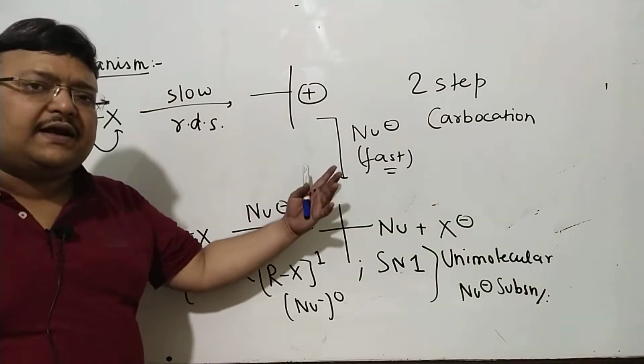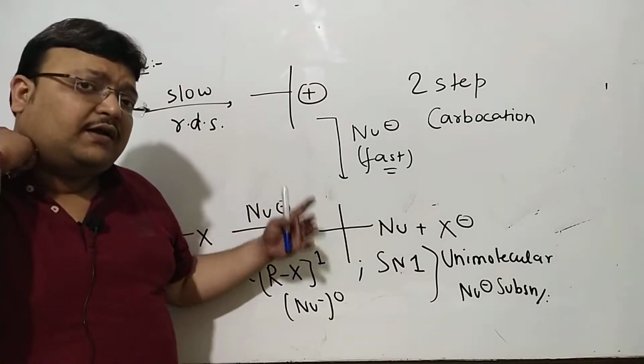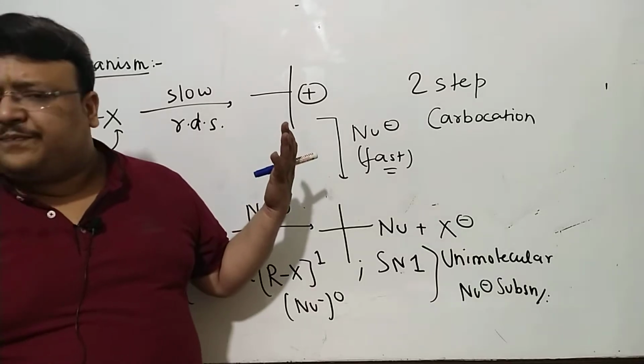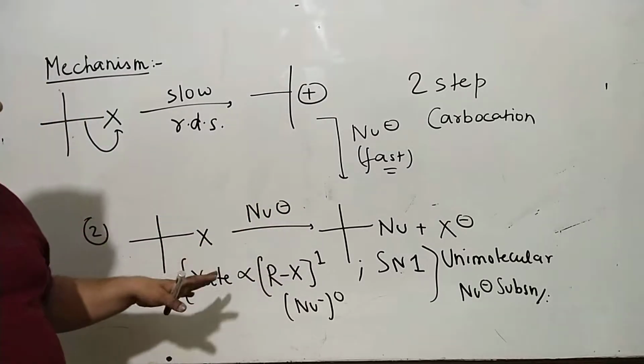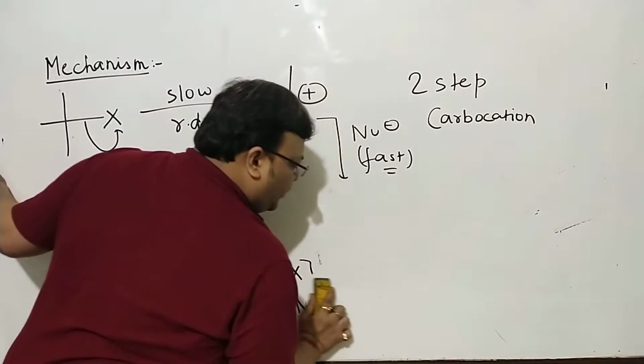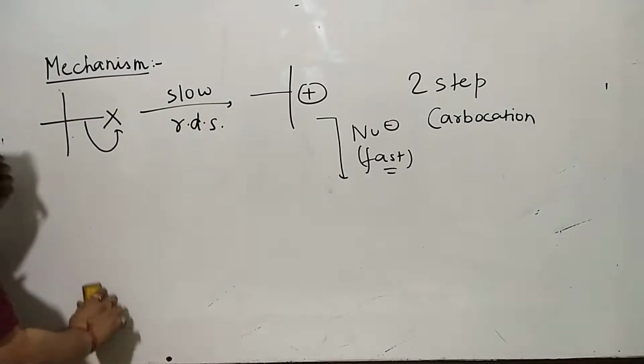न्यूक्लियोफाइल के ऊपर में रेट डिपेंड नहीं करता है, न्यूक्लियोफाइल के साथ ऑर्डर 0 है, बिकॉज न्यूक्लियोफाइल फास्ट स्टेप में आता है. On similar lines, we'll want to talk about the mechanism of SN2. Now this time for SN2, if I have, this was for SN1,